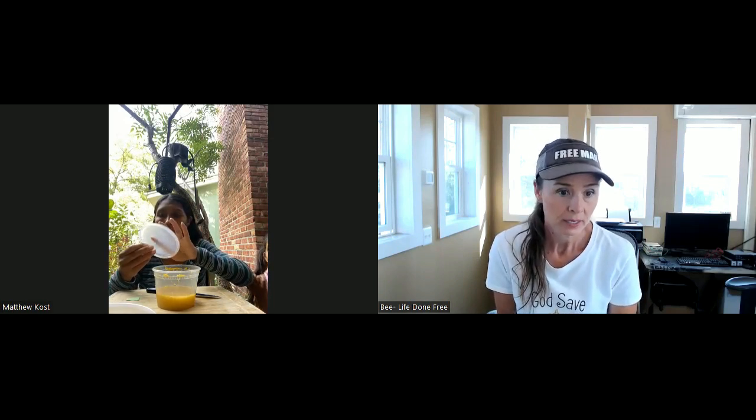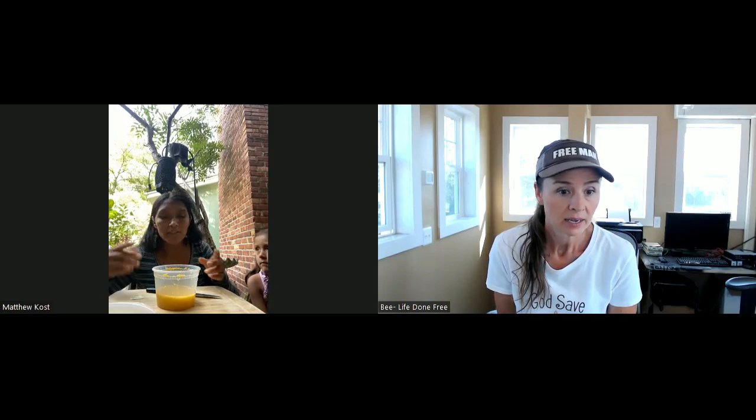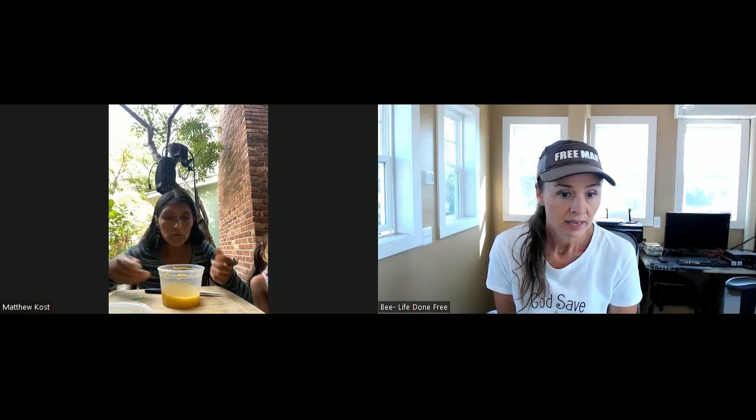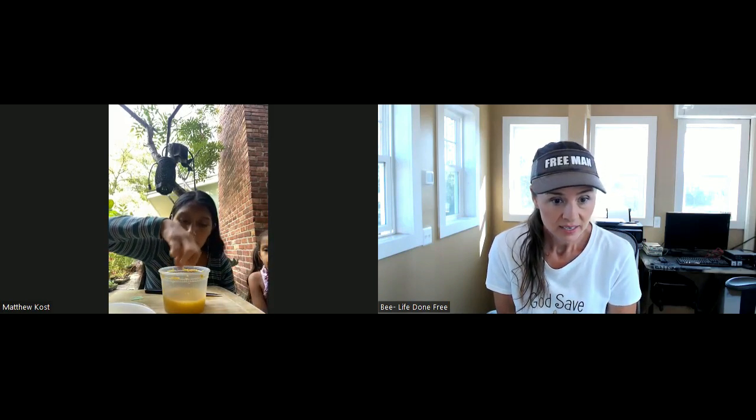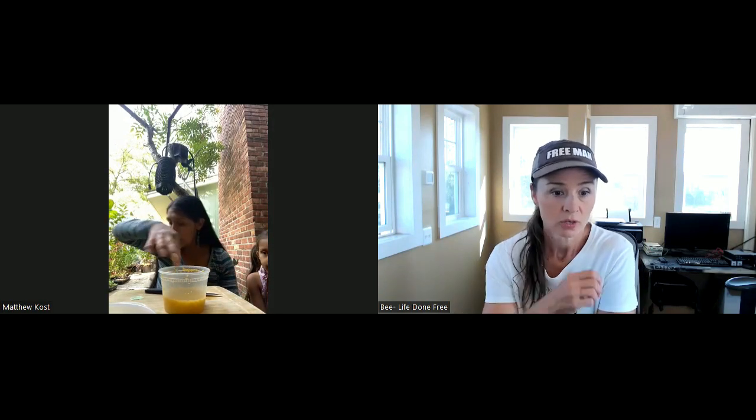Let me check. This one is white cherry. This is blueberry, another variety. So once you have that ready, this one is ready to be rinsed. I'm making sure, yep, it is ready to be rinsed. So then you're going to need